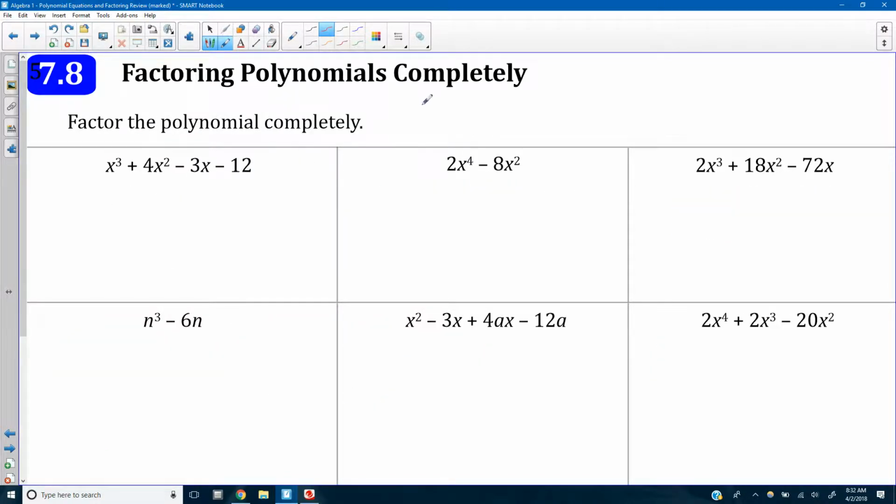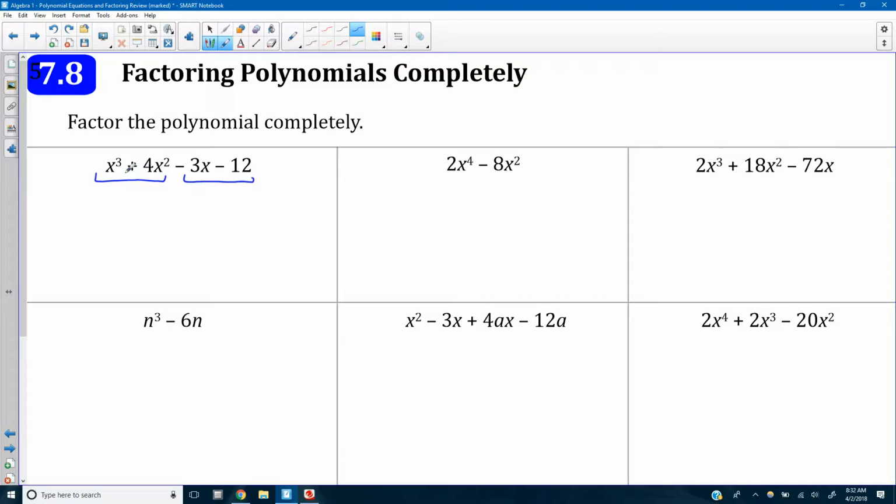7-8, factoring polynomials completely. Okay, how's this different from the other stuff? Well, it just might be harder, more complex things. You can see some cubics and some quartics. Here's a quadratic with some weird stuff going on. What's going on here? Well, we wouldn't give you these problems if they weren't factorable in a nice way, such